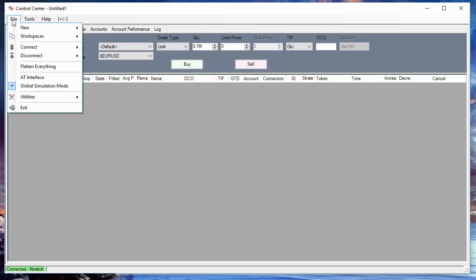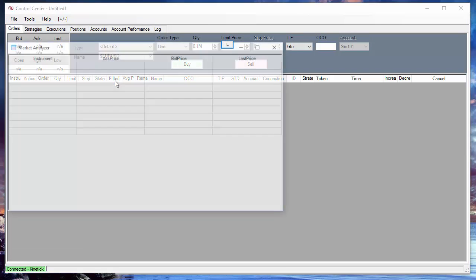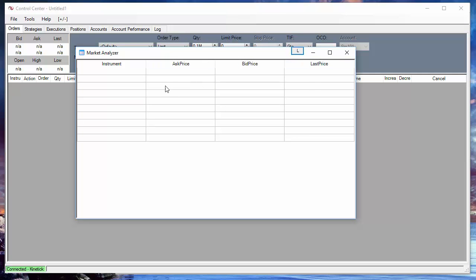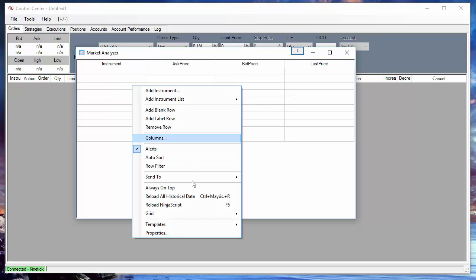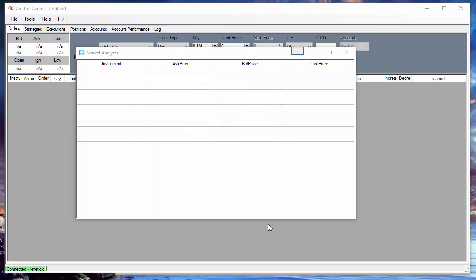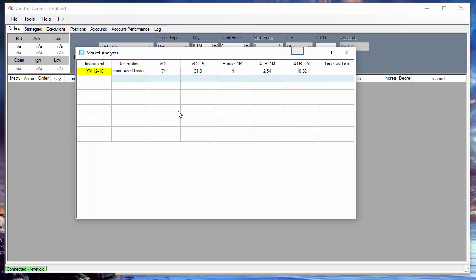Some other things that we can also do. We can save the configuration in templates, so the next time I will load my preferred template with all my columns and functions that I want to see for each instrument that I add to the table. For example, for Dow Jones on the new December contract and Nasdaq, DAX,